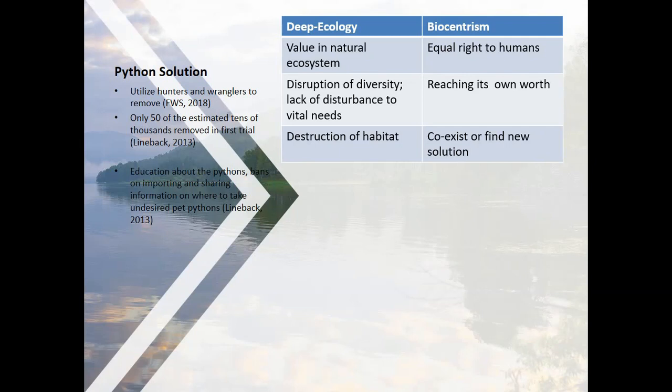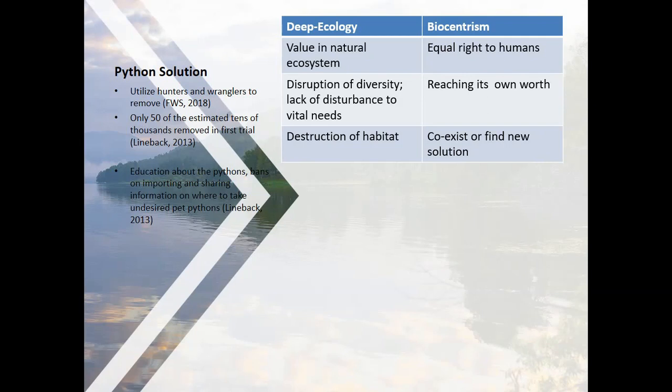Regarding deep ecology, we look at the species in several ways. 1. We recognize the snake has value within its natural ecosystem. 2. The removal of the snake is a disruption of biodiversity. However, we see the snake itself is a disruption to the natural habitat. Secondly, the vital needs of humans are not threatened. The python does not disrupt human lives by invading homes and eating pets. 3. If human intervention in populations ceased to exist in the area, the species would eventually decimate the natural habitat. Given these points, it is fair to say that humans can remove the invasive python while still recognizing its value in its natural habitat.